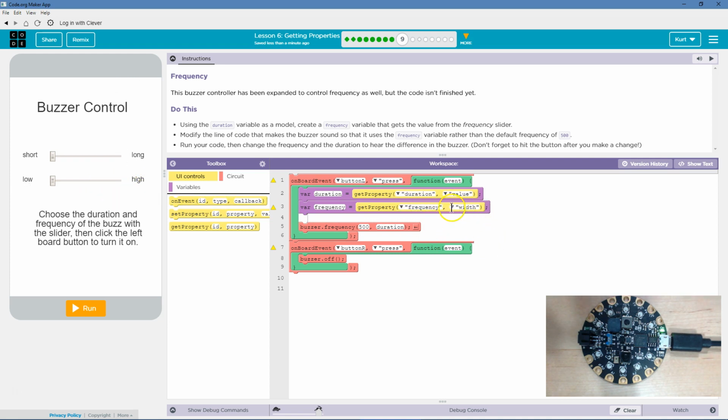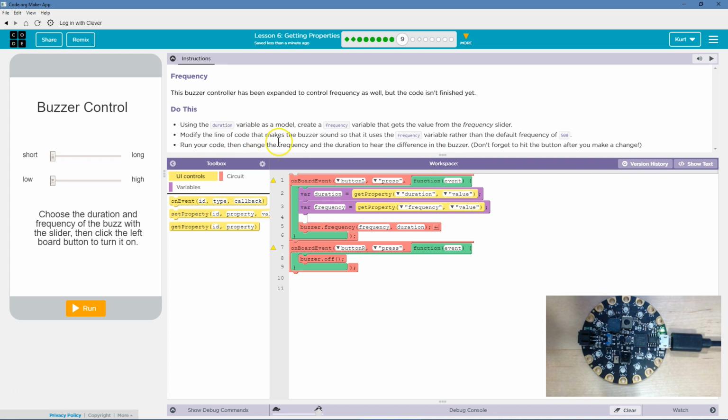And then we don't want to grab the width. What do we want to get the property of? We want to get the frequency, and then what property of frequency do we want? We want to know what value. Where did we slide it here? And then once the computer grabs that value from this element, slap, it makes frequency, this variable, equal to whatever the slider was. Then we can use it here to control the frequency instead of always have it set to